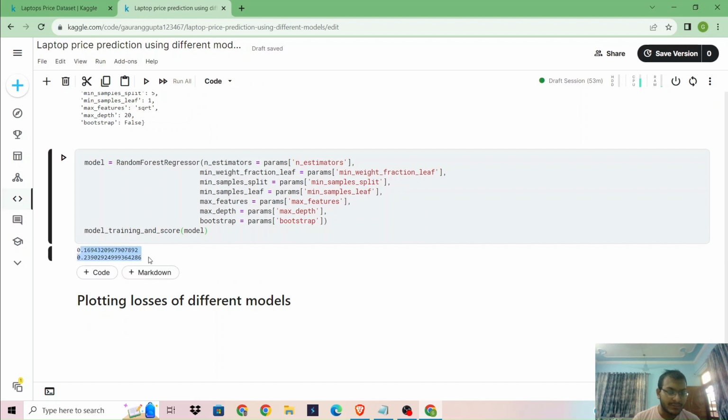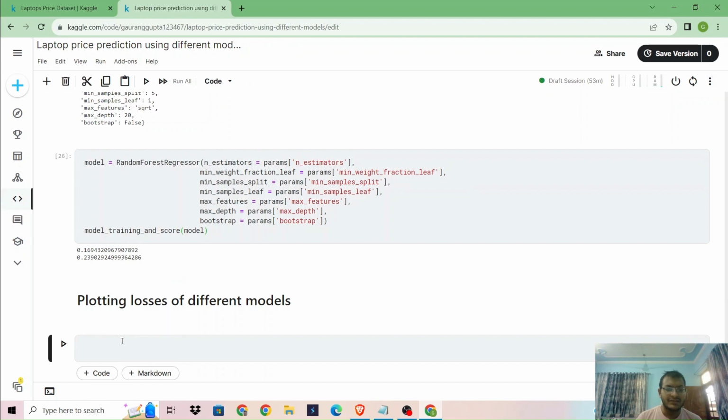Here you can see we have improved our scores. Let me plot the graphs first so that you can visualize it even further. So let's move on to the last section, which is plotting losses of different models. Now let's start the code for plotting. First we will define a variable known as bar width. Then we will import matplotlib.pyplot